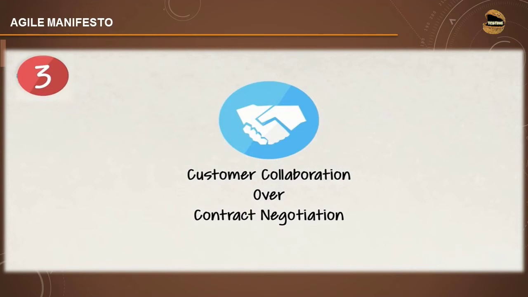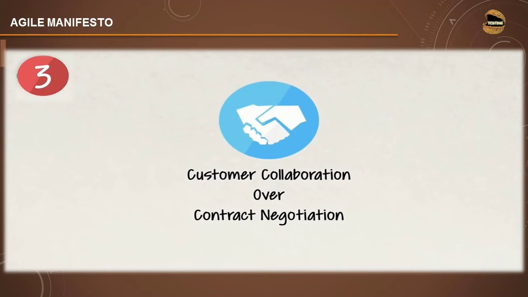Here you can have the customer sitting right next to you and giving you a lot of inputs to emphasize on the changes or even modify the product in such a way that it meets the customer expectations. So instead of negotiating on the contract and needing extra time and more effort, customer collaboration can keep the customer aware of what exactly you're doing and also help you minimize defects to a large extent.